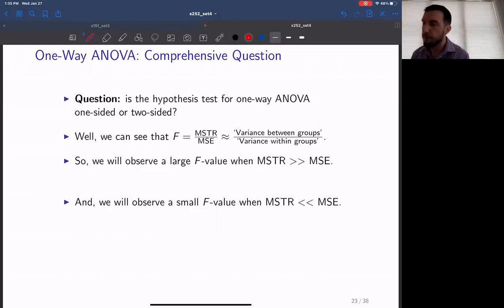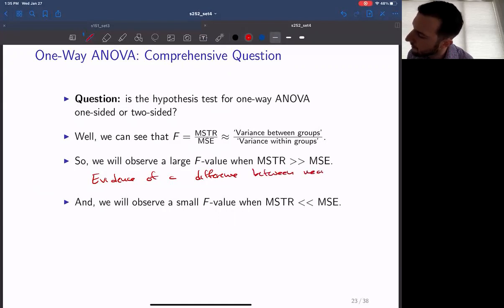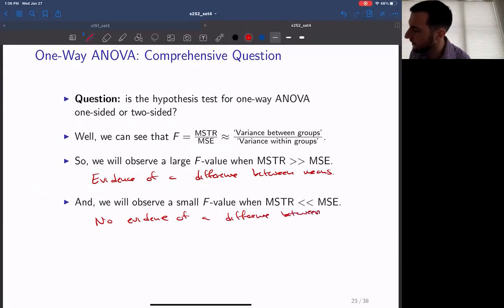So if we observe a very large F value, this is going to give us evidence of a difference between means. And if we observe a very small F value, this is going to give us no evidence of a difference between means. Okay. Now the point of this slide is to emphasize that this idea of being one-sided or two-sided, while